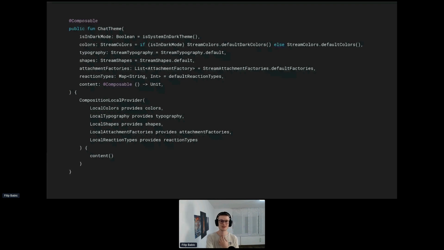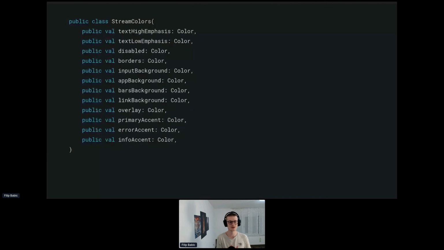For example, here in the colors, we built custom Stream colors that are very specific to our design style and are applied in very specific spots in our SDK. So you can customize these colors, and it's going to reflect across the entire application without actually having to manually point to each component where you want to use these colors. This is all predefined for you.